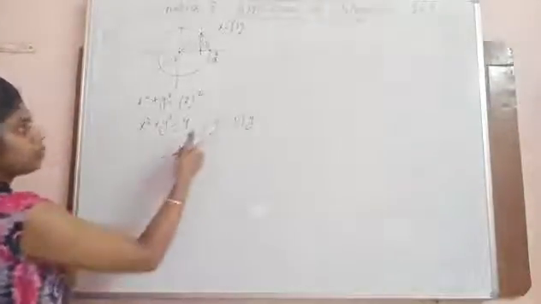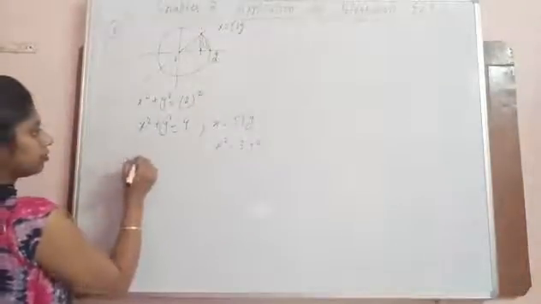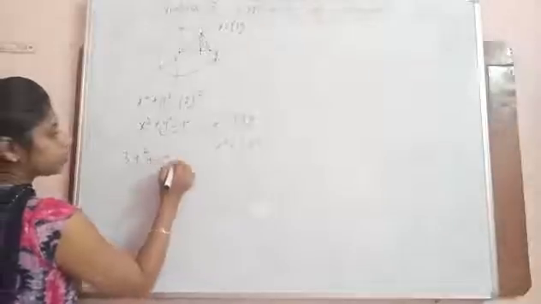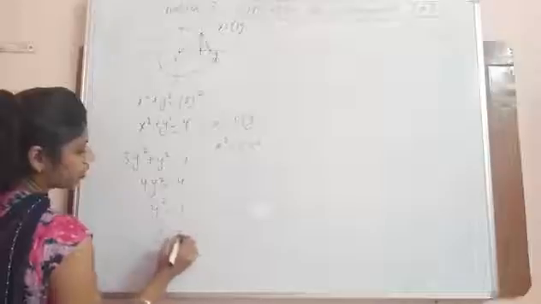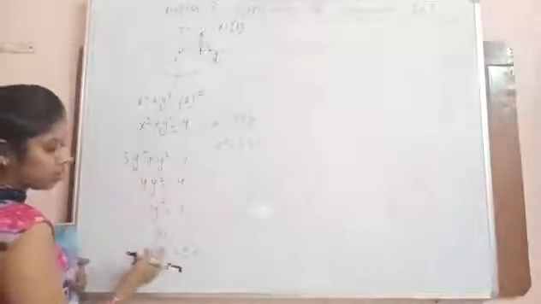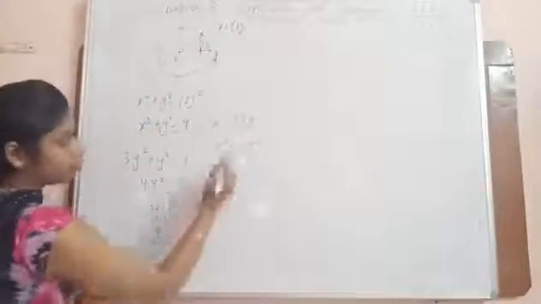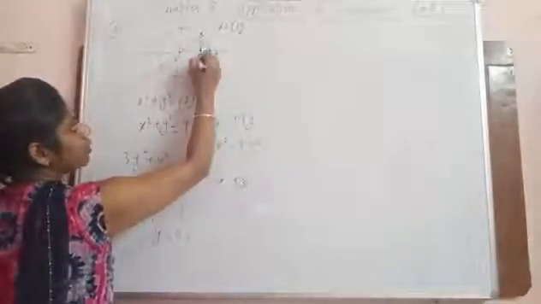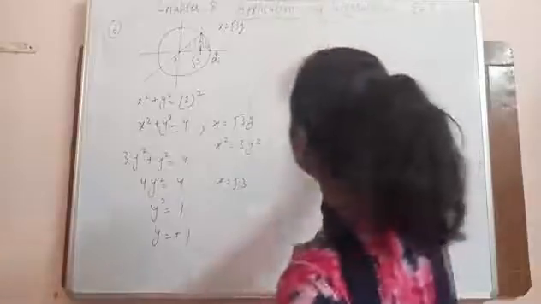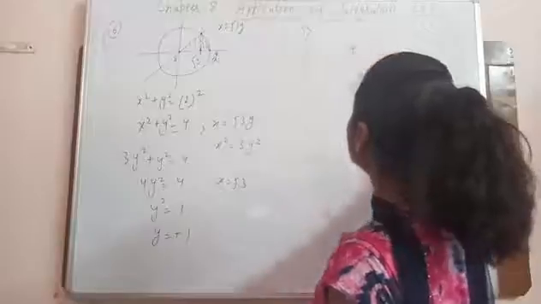Firstly, solve it. Put the value of x square, 3y square. Put here 3y square plus y square equals 4. 4y square equals 4. Y square equals 1. So y is plus minus 1. According to y, if we discuss the first quadrant, we will consider the plus value. For y equals 1, x is root 3. So this point is root 3. Means to say the integration is from 0 to root 3 plus root 3 to 2.